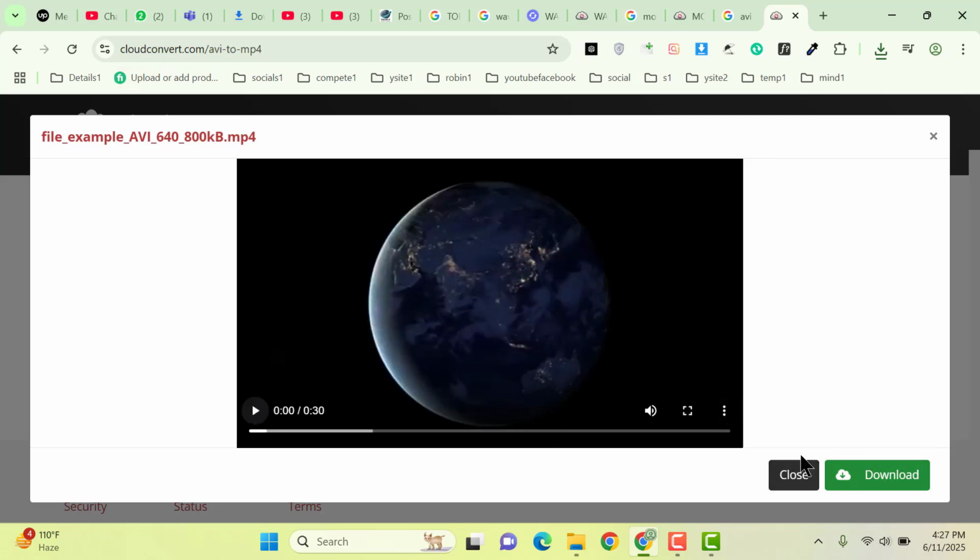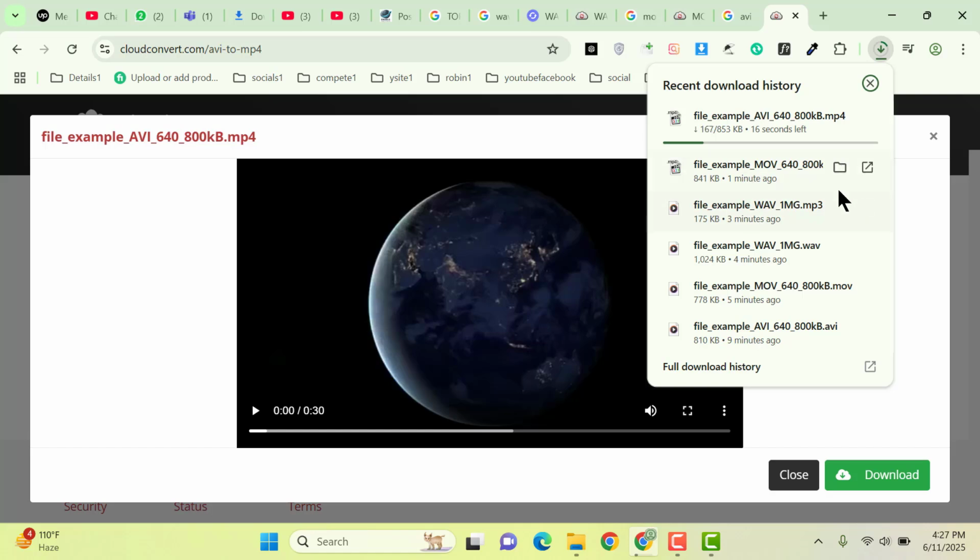If you want to download it, just you can go here and click on the download button, and now you can see the file is downloading. In this way you can easily convert your files between different formats for